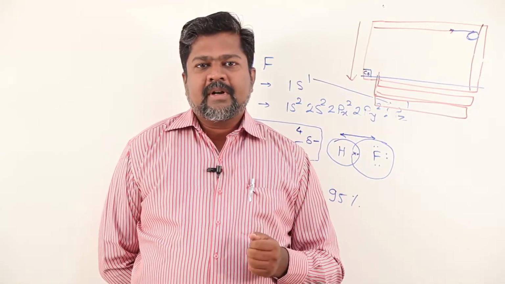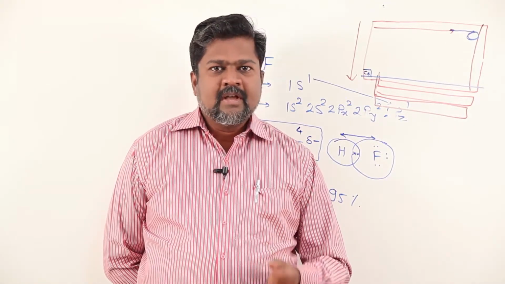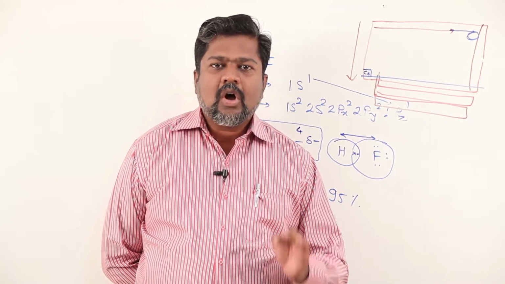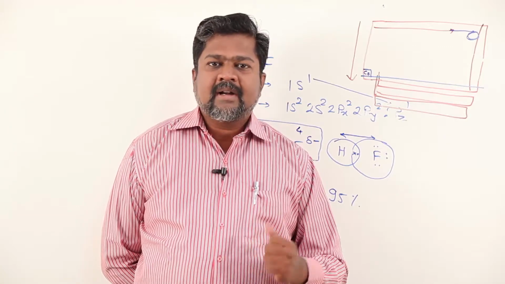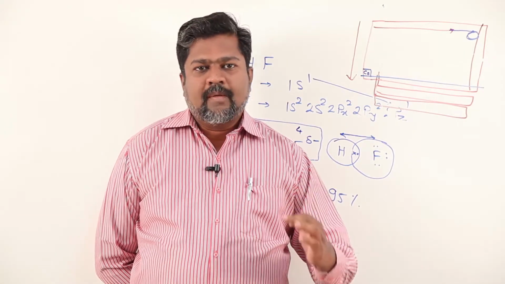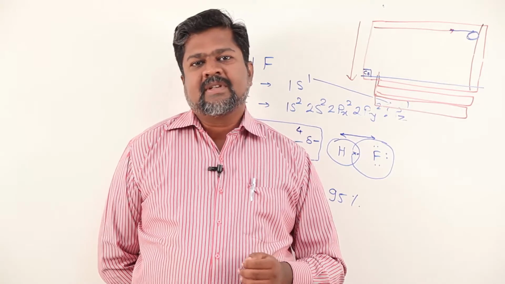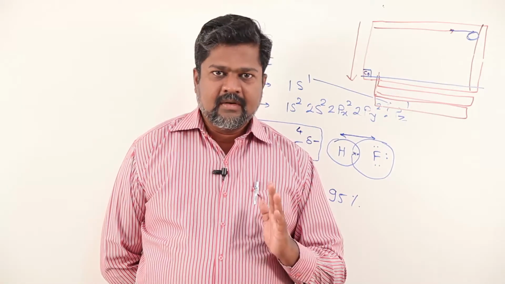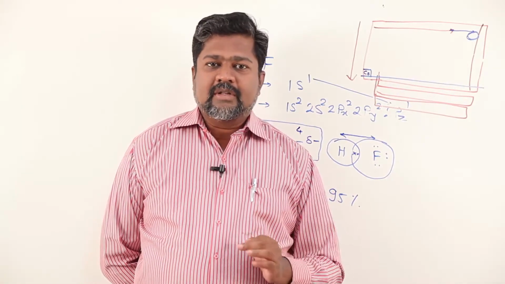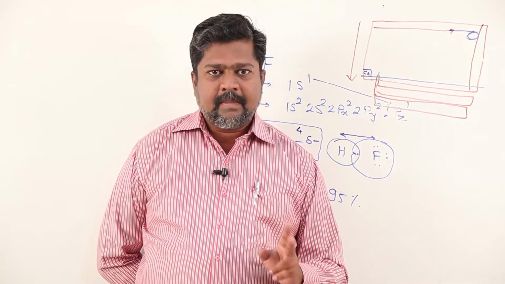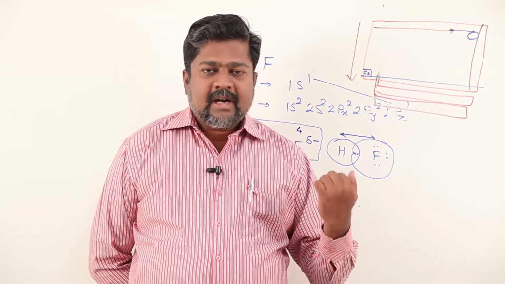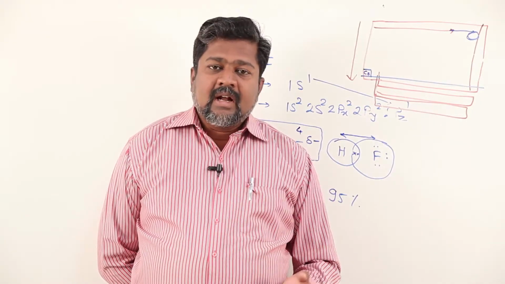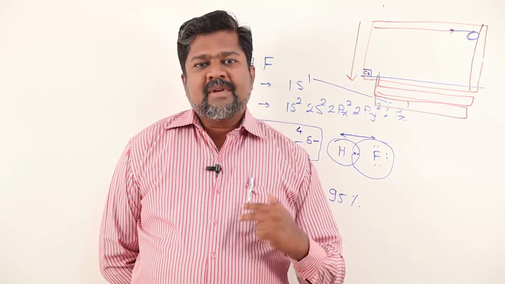So in periodic properties we discussed three concepts till today. The first part, that is atomic size. Second part, that is ionization potential or ionization energy. Third part, that is electronegativity. These three concepts are really important in order to study chemistry in detail, because continuously we are getting references of this part. So try to understand rather than memorize the concept, the trend, and then the chemistry will be easy.